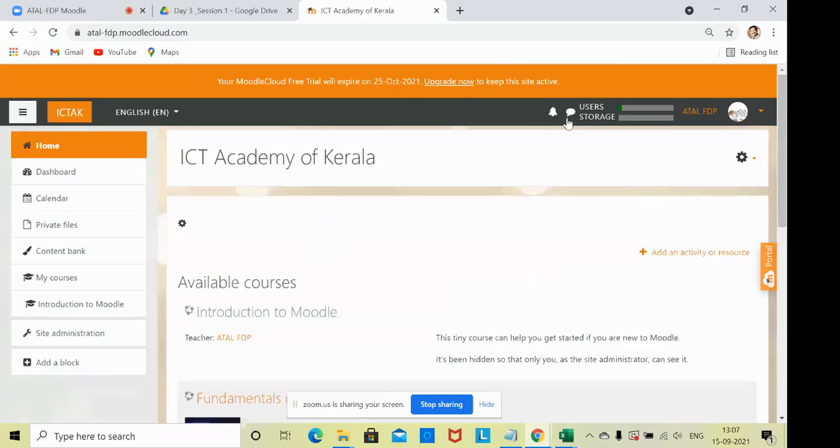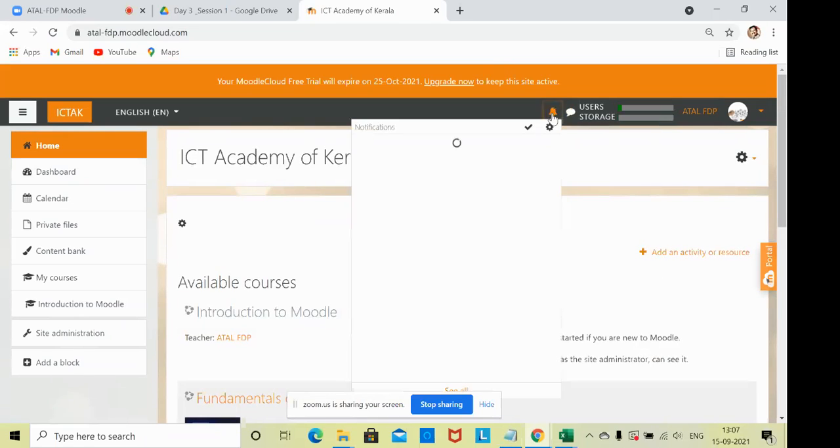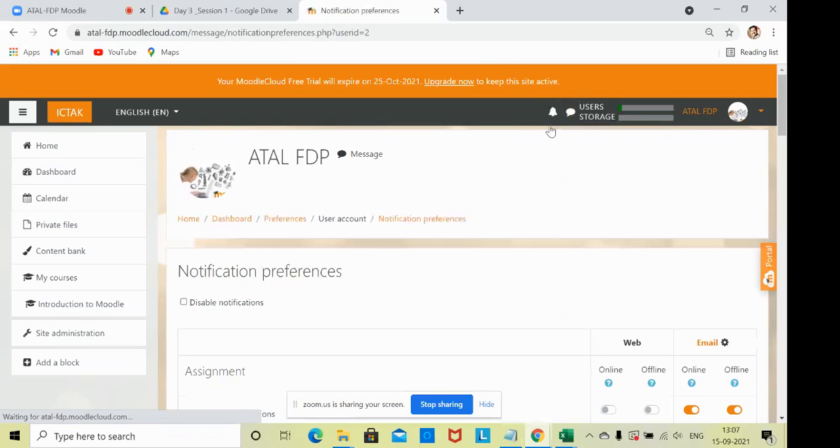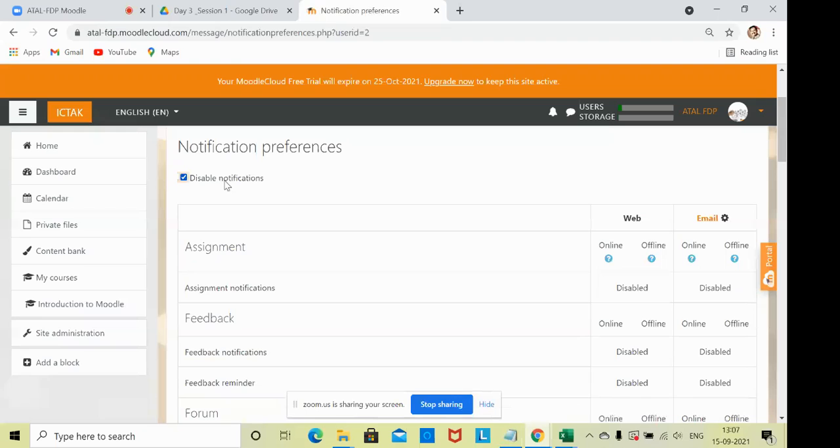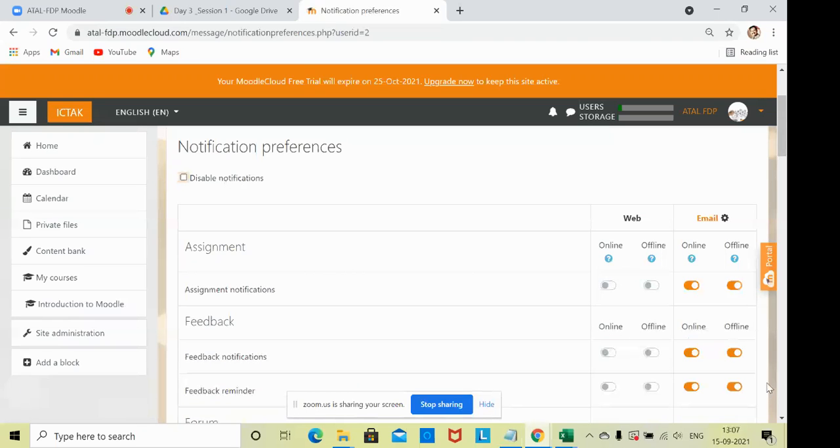Here in the window itself, we have a message and notification toggle also, right? You can move to the settings button. If you wanted to disable all the notifications, they will get disabled. Otherwise, the standard one will be there. If you wanted to remind people online and offline or by email, that facility is here.